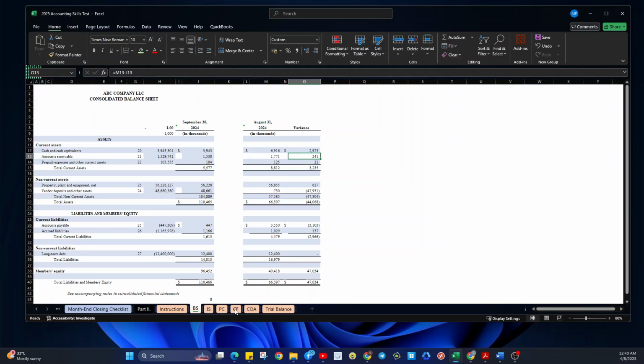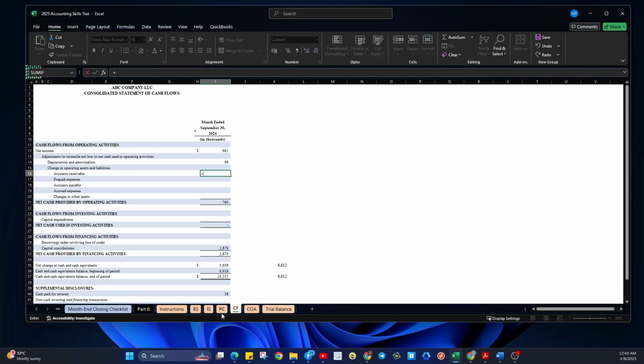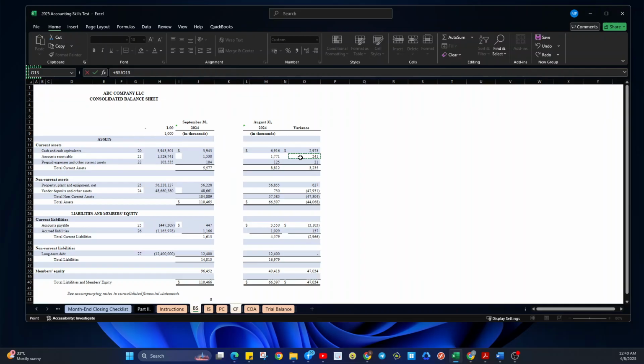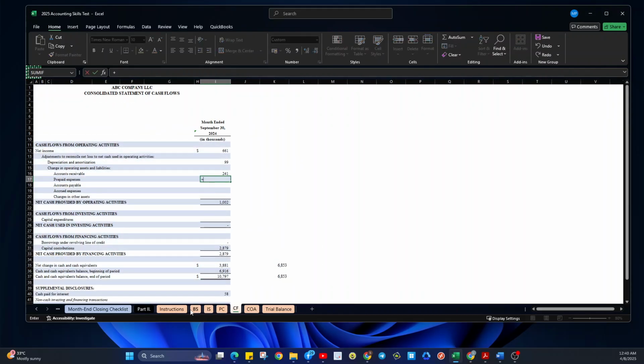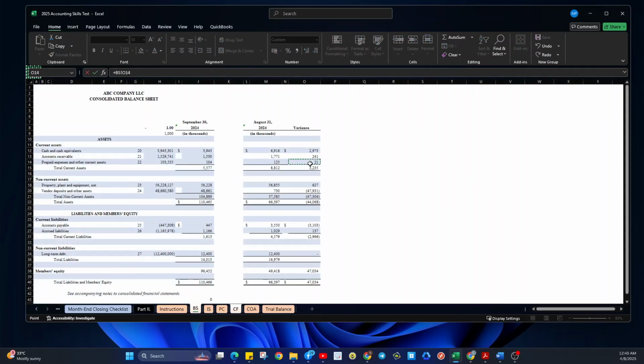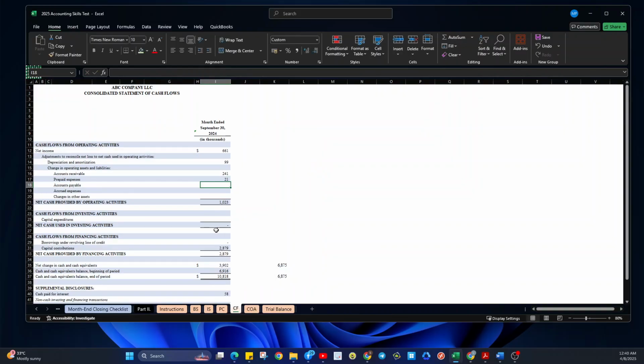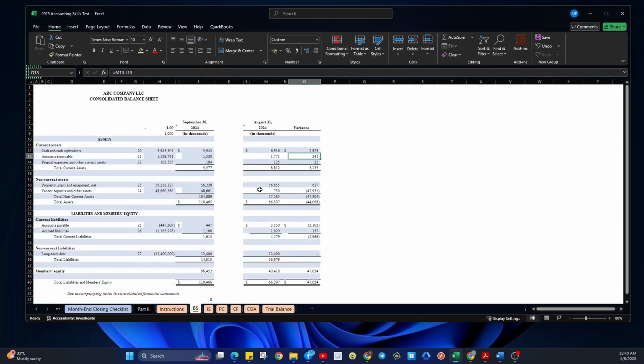Alright, we have to add this one. For prepaid, we have to add it also. That's the opposite for accounts payable. For accounts payable, if it's decreasing, like this one, then we have to subtract. Right, this one and this one, we just copy.